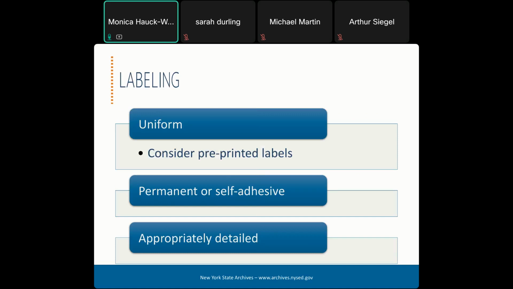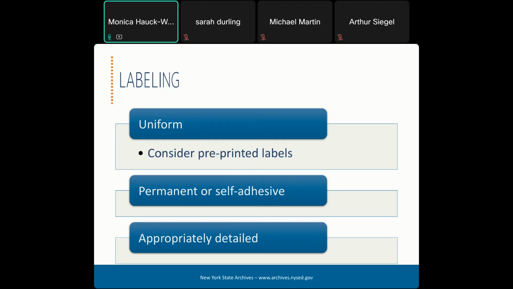So once you have your records boxes, you're going to have to label them. And you're going to want to have a procedure for how you do that, as silly as that sounds. Because your goal with the labels is to contain all the information necessary for staff to identify the box and retrieve the content quickly. And you're going to want to be able to look at the box and determine quickly whether that box needs to be retained or whether it can be gotten rid of. This information should be listed in specific locations on each box. You do not want staff having to spend more than the briefest moment looking for information on the box. It's a waste of time.